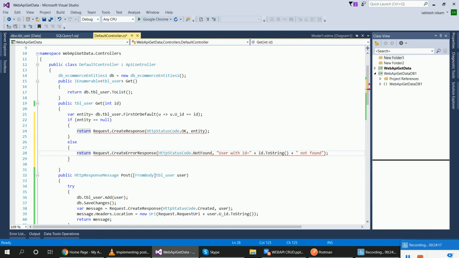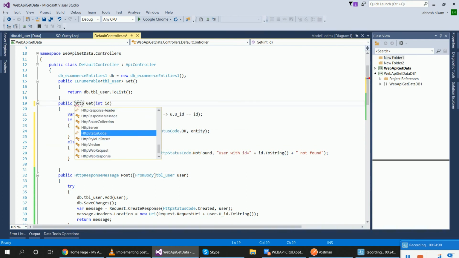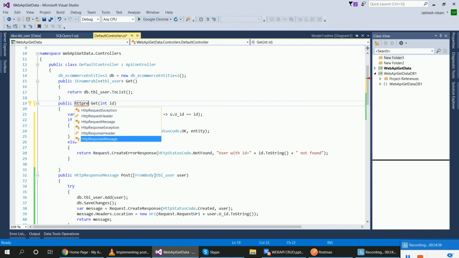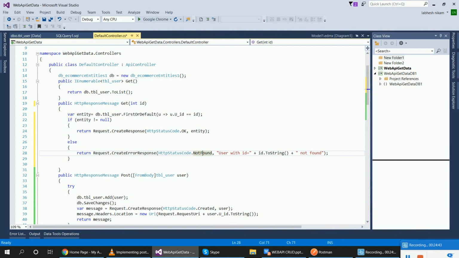Right? And this table name, replace with HttpResponseMessage, because we want to give our response message. HttpResponseMessage get.